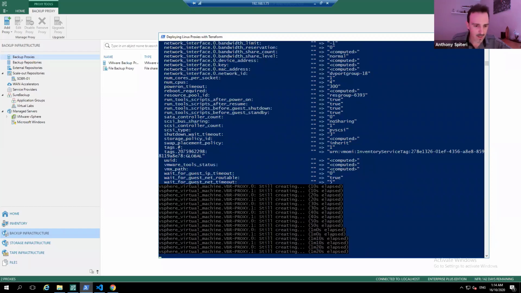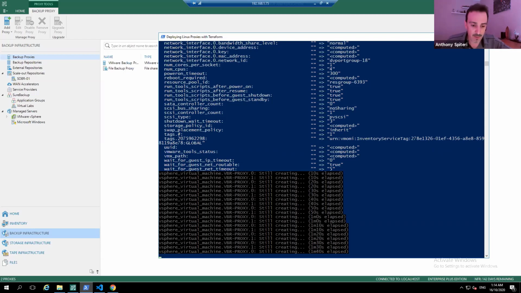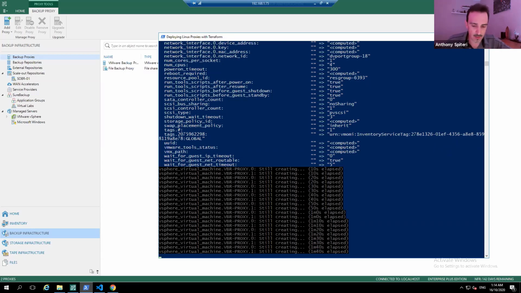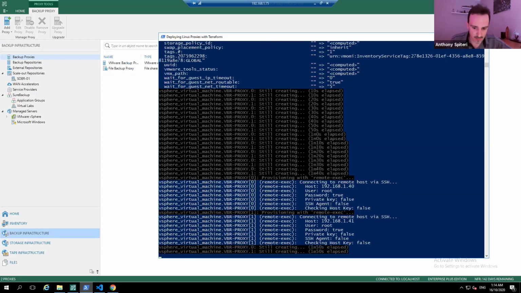It's always fun. But one of the interesting things while this is going is that I had to work out a few caveats with Terraform at the time. When I started working on this, it was actually with Terraform 0.1.1 and 0.1.2. So, things like working out whether the Linux machine and the Windows machine were going to be deployed with a static IP address or with DHCP, those things weren't inherently easy. So I was able to do some trickery with that. That's in the code. So now you can see these machines have been deployed.